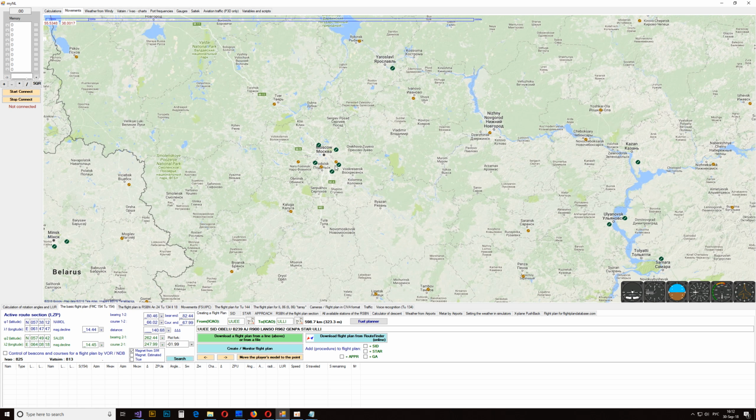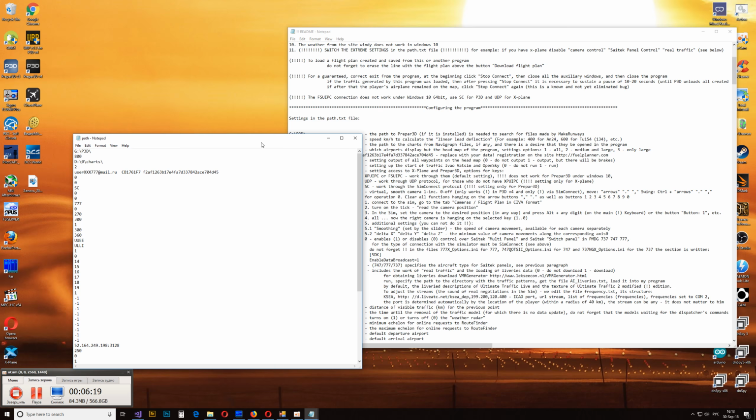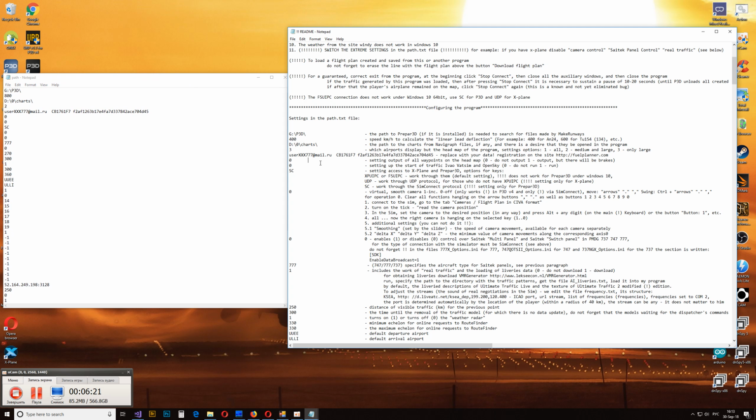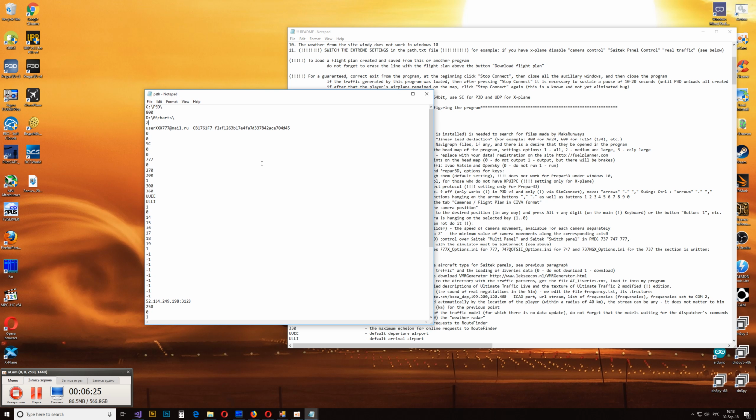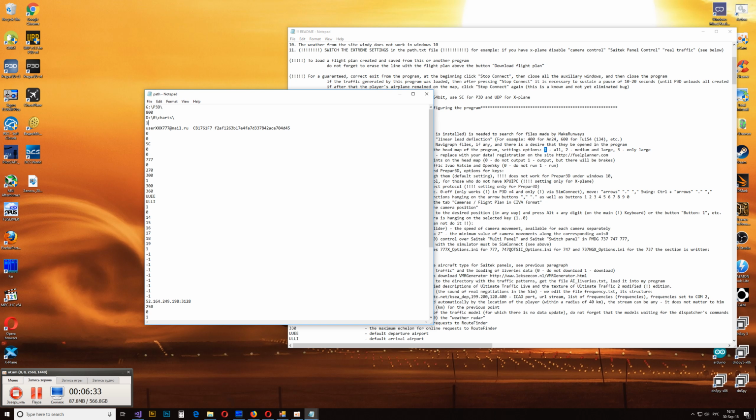They're painted as green circles. Orange is for medium-size airports. And if you set 3 on this line, you see all airports included in my program. Oh, sorry, if you set 1, for example, I set 1,